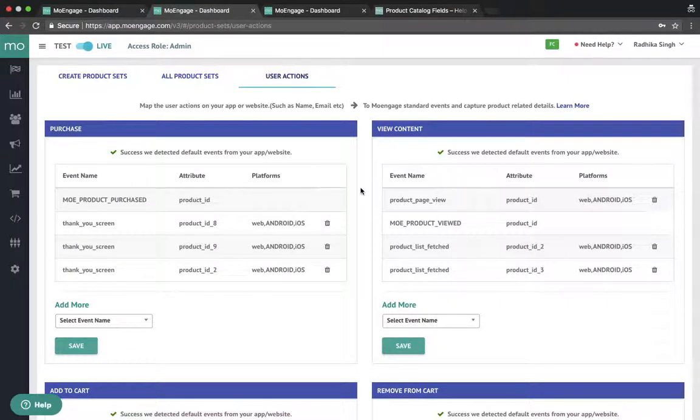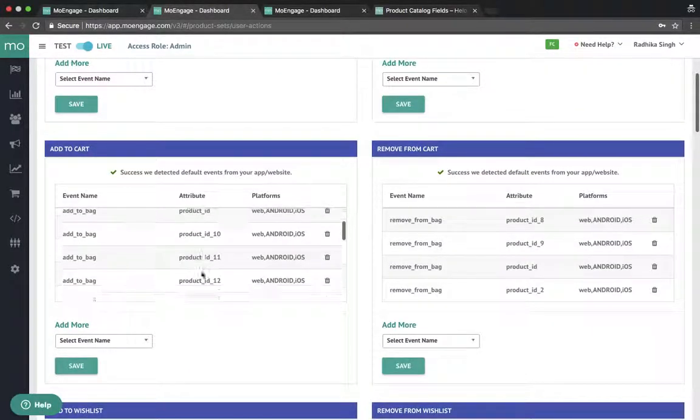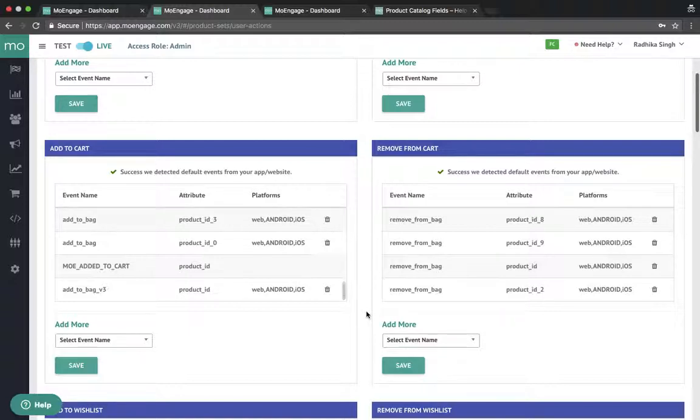So this is the place where different clients have different nomenclature for different events that a user performs. In your case, you probably say product list fetched, but essentially what is happening is content is being viewed. When you say add to cart, another client calls it add to bag. So we've tried to standardize this process at least at the more engaged level,